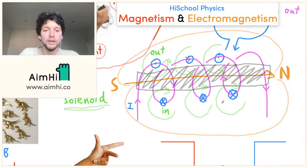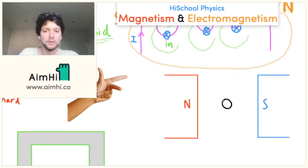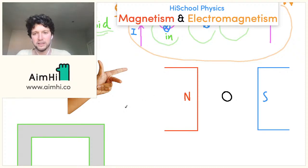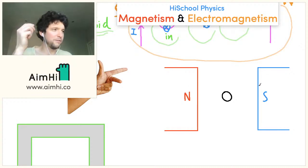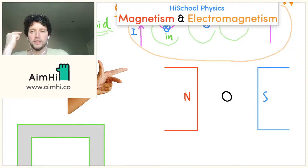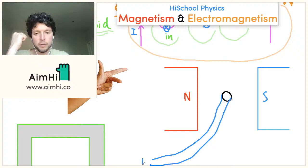Right, okay, so let's now go down here to a slightly tidier part of the board. I'm going to ignore this left-hand thing just for a moment, because I'm going to come back to that. But first, I want you to think about this problem. If you've got a north pole and a south pole of a magnet, and they're both facing one another, and in between them you've got a wire, and this wire is connected to a circuit, so it's connected to a positive end on this end and a negative end on this end maybe,